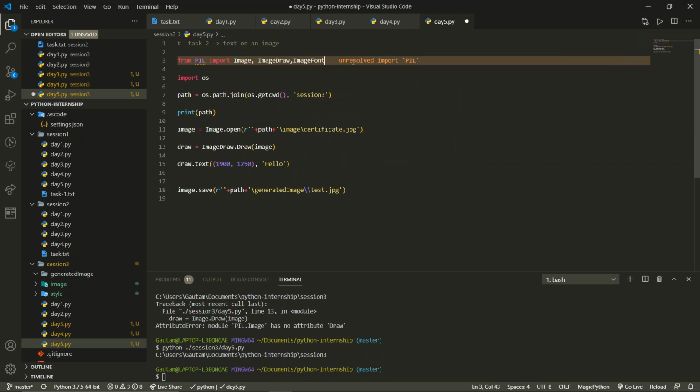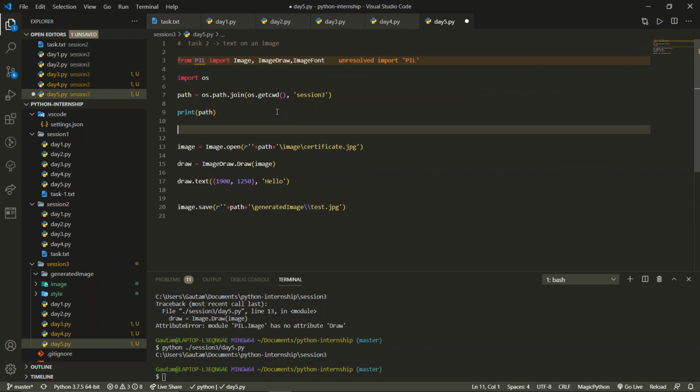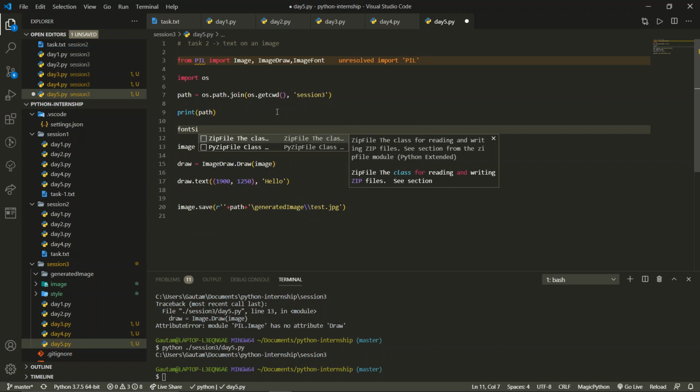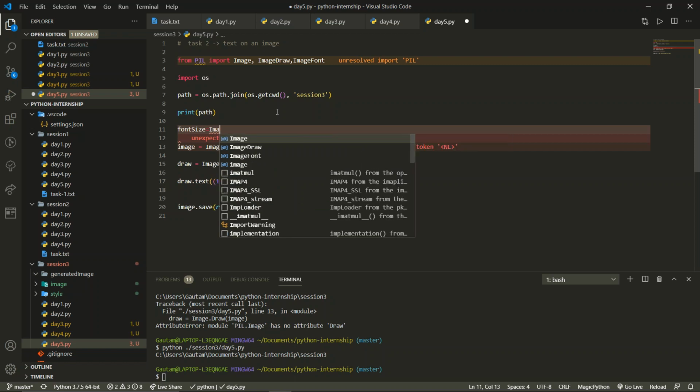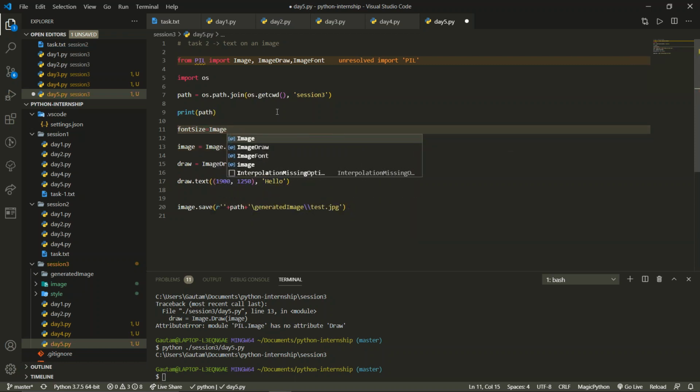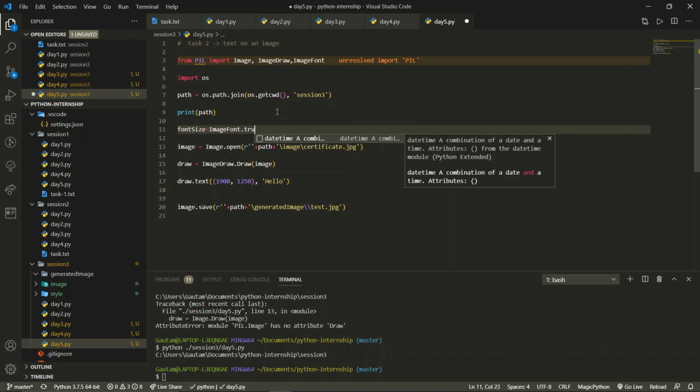image font right over here, and then we're gonna execute this like font size equals to, and then we can write something like image font dot true type.